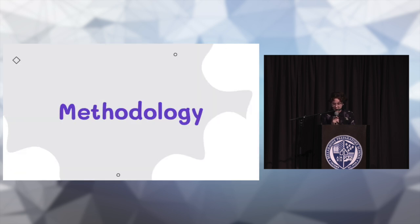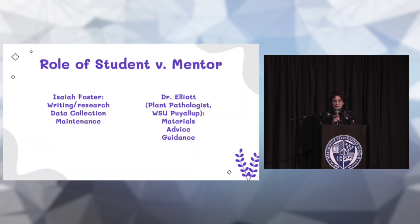Now we're on to the methods of the project. Over the course of roughly 4 months, I watered and collected data for 4 planting locations. Shore pine, along with information and advice for how to maintain the plants, was supplied by Dr. Elliott, my mentor and a plant pathologist. And I don't know why I wrote that wrong, pathologist,